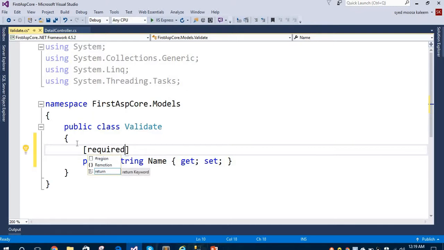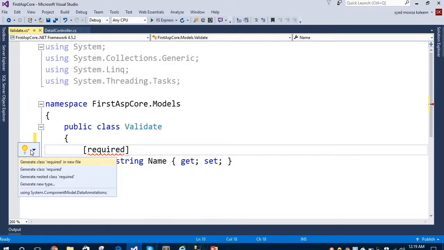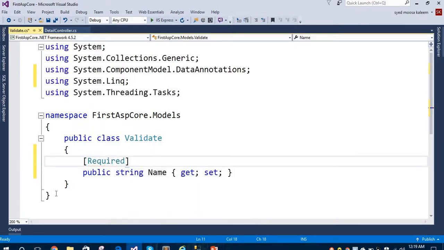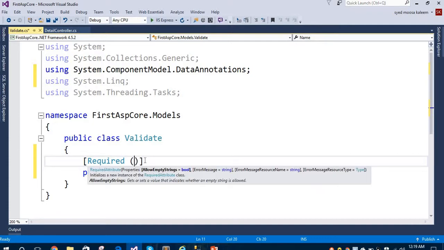As you can see here, it is not showing in the IntelliSense. The bulb is showing here, and it's a shortcut to add the using statement for the required attribute. As you can see here, using System.ComponentModel.DataAnnotations. So this is the using statement for the required attribute. Inside this required attribute, we can add error messages. You can see here, this is a required field,